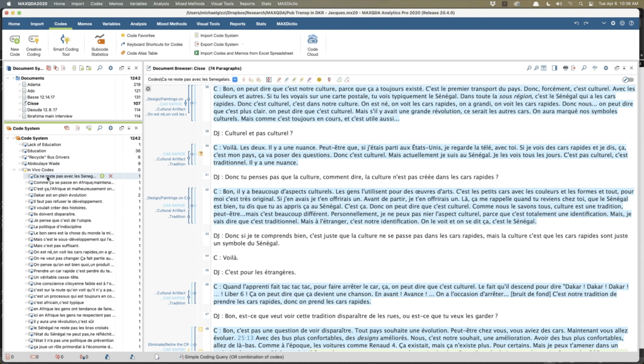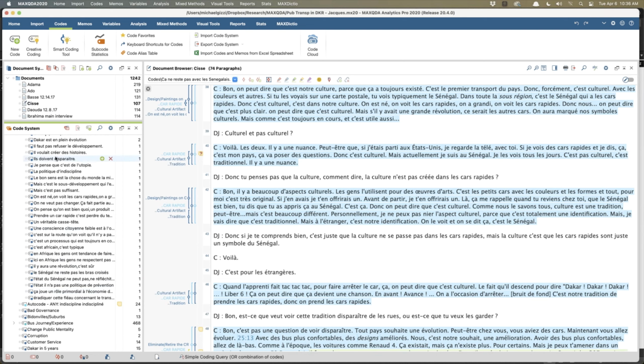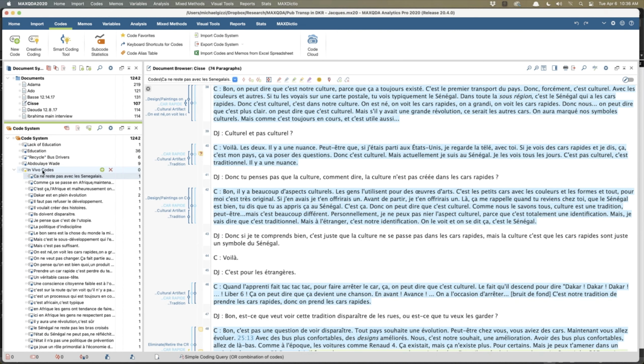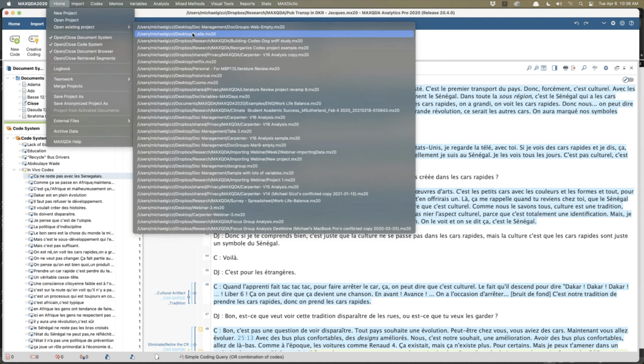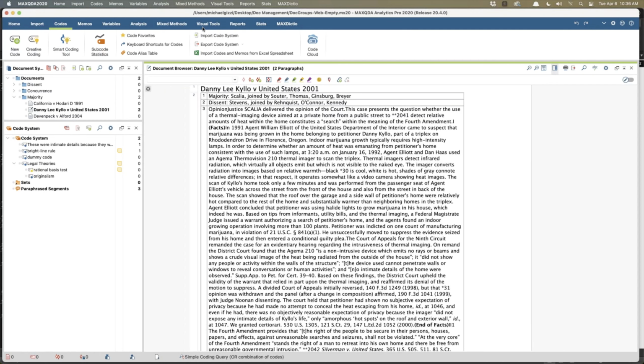She used in vivo codes for it. And so you'll notice here she's got a whole section of in vivo codes. There's something you're going to use not necessarily in the bulk of your analysis, but at that point in time where you're looking for examples or where you want something that's just sort of going to jump out at you.